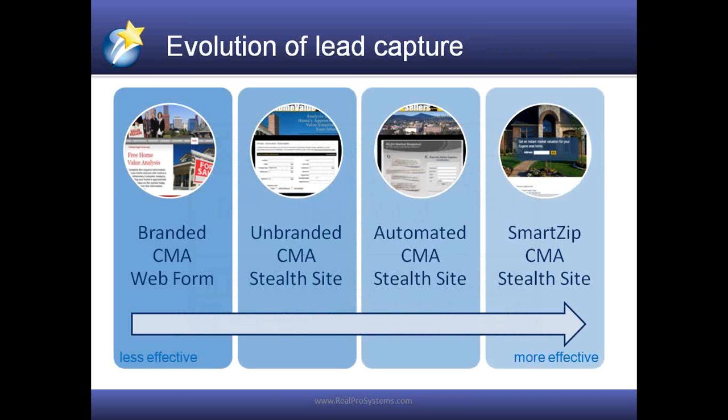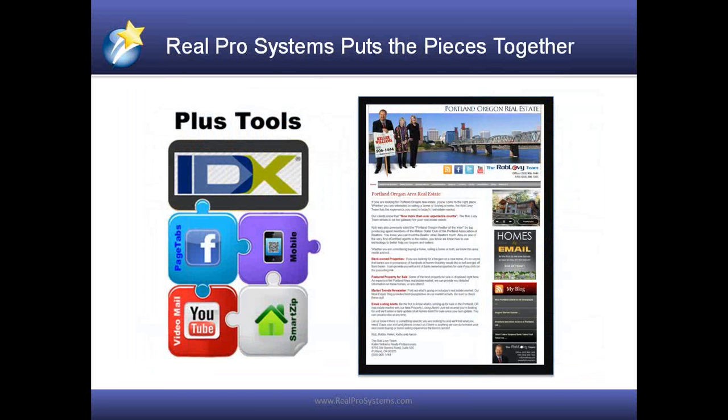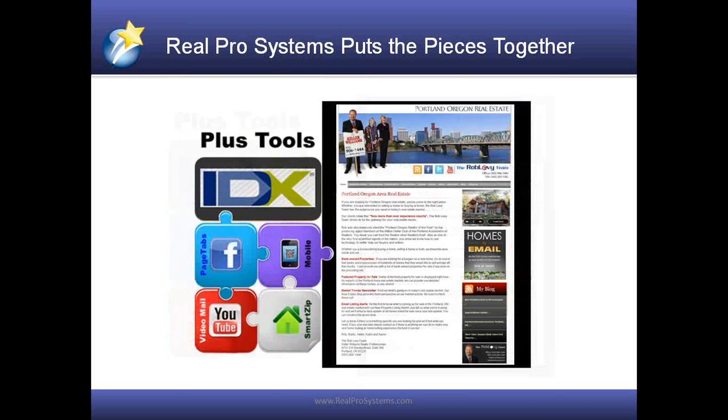So what we've walked through today is the evolution of lead capture from fully branded to the SmartZip. And what happens here at RealPro is that this is part of a suite of tools in our Gold Plus package. And along with RPS mail, which is video mail that you can send, and when you email somebody and they click to play that video, it actually plays inside the agent's website. We now have mobile search with the new IDX PT. So that was the one aspect of the mobile experience for our websites that we didn't have until IDX came out with that last fall, and SmartZip as we walk through today. And you put that all together with the website, and it's a powerful package.